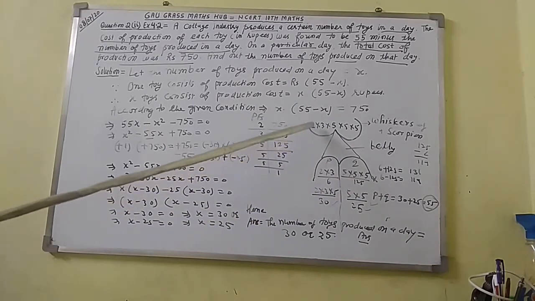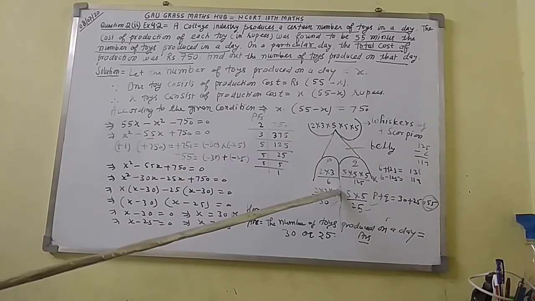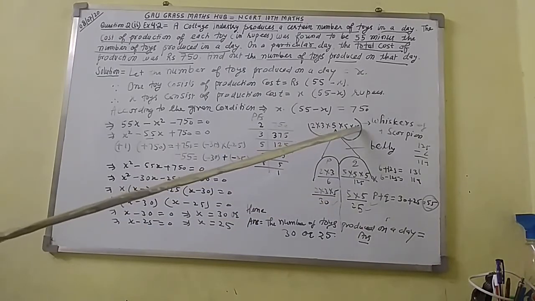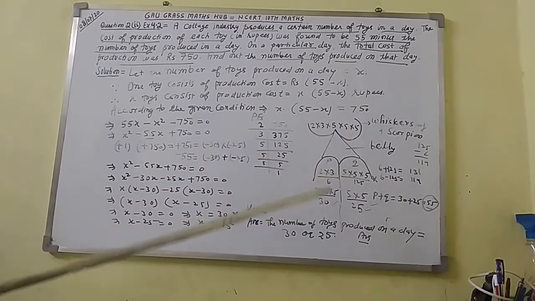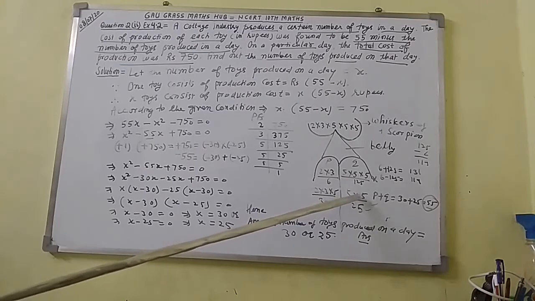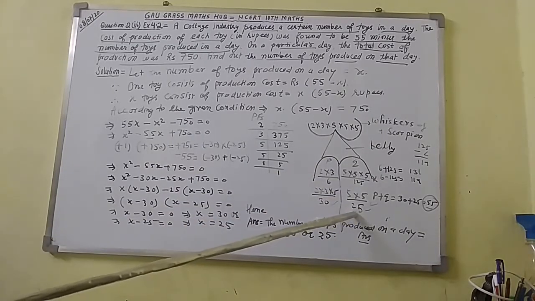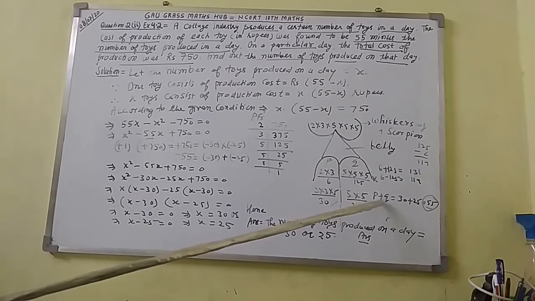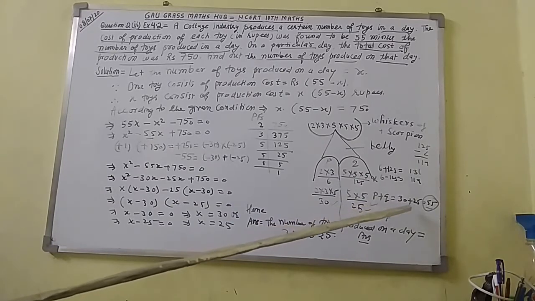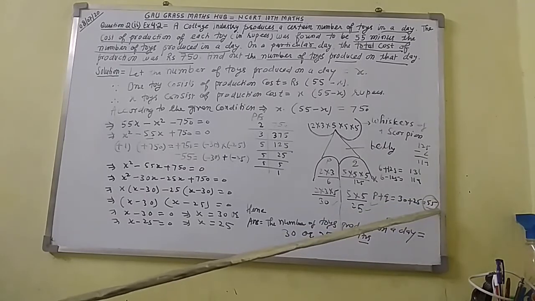Now I have taken 2 into 3 into 5 here, and here I have taken 5 into 5. Now do the operations here. 2 3 is 6, 6 5 is 30, I have got here. Here I shall get 5 5 is 25. Here P is equal to 30, here Q is equal to 25. Just P plus Q comes out to be 30 plus 25 equal to 55. This 55 you have got.